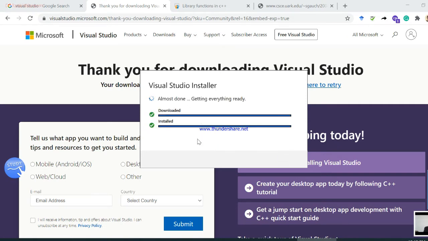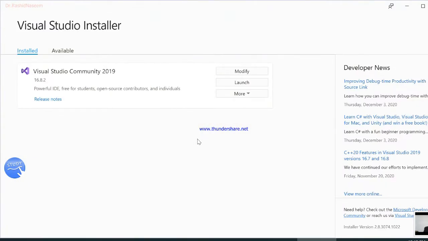What it will do is download the necessary files for the installation, and then install those files onto your system. Ultimately you will see this window application on your screen, on your desktop.